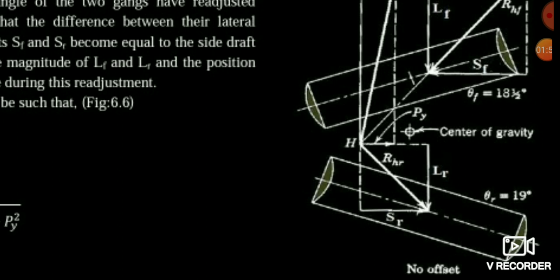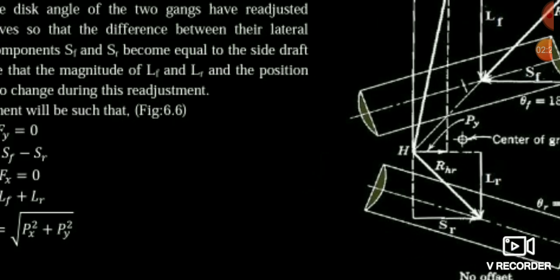In very simple language, you should clearly understand it, that the SF force is the horizontal force acting on the front axis, and SR force is the horizontal force acting on the rear axis. And the distance between these both axes, means the vertical distance between the both these axes, is D. जो हमारा D है वो इन दोनों axes के बीच के vertical distance है.